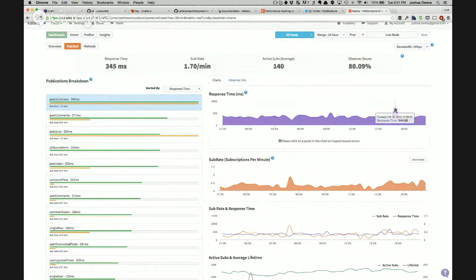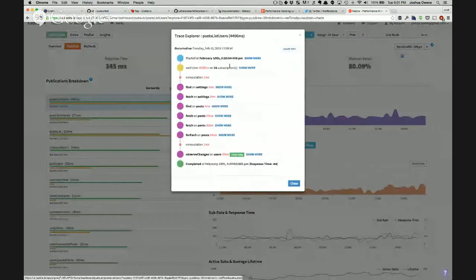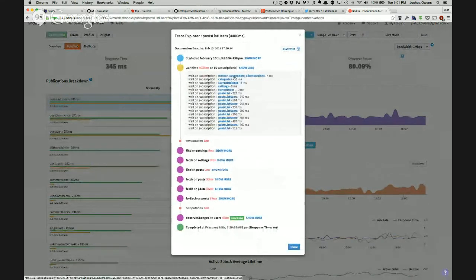You can see the spike right here at 6:44. If we click on that, you can see these traces down here. So we can click on this one, and you can see we waited on 16 subscriptions. This first one is core Meteor stuff, the client version. That's how the hot code push works. But then categories and